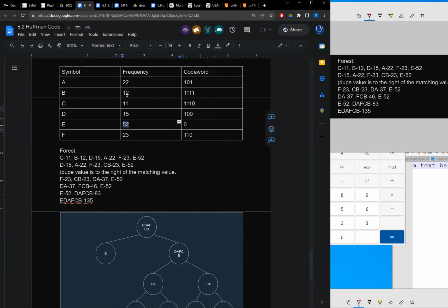Right? It will take 48 bits to encode the 12 Bs. It will take 44 bits to encode the 11 Cs, and it's only going to take 52 bits to encode the 52 Es. Right? Even though there's still more than double the number of Es in the dataset versus B and C combined, it's not taking anywhere near double. Right? It's practically on par with those two symbols